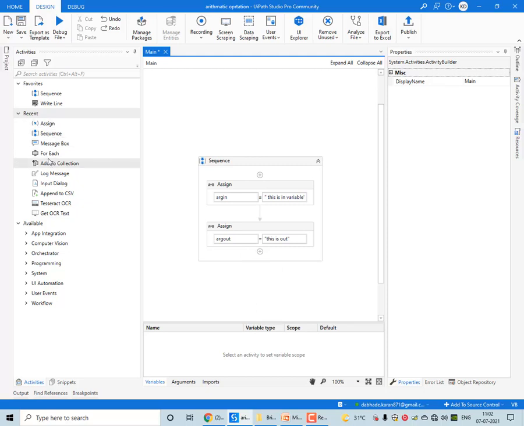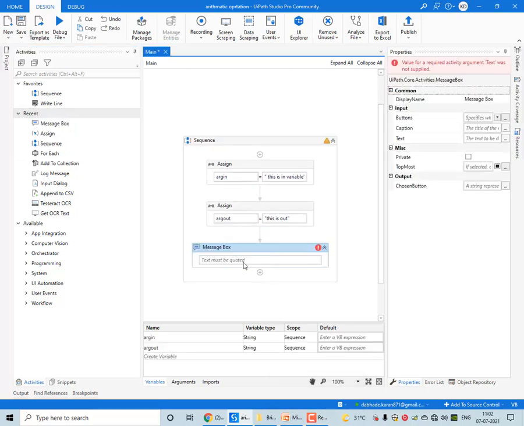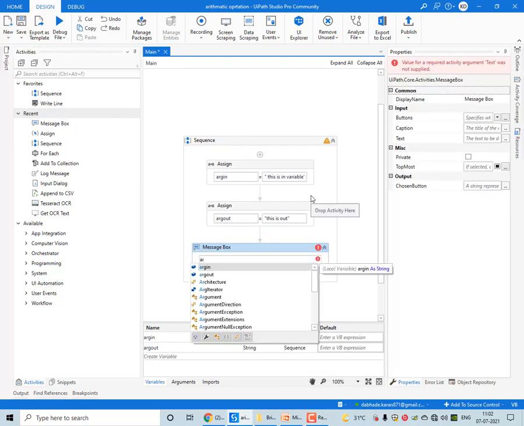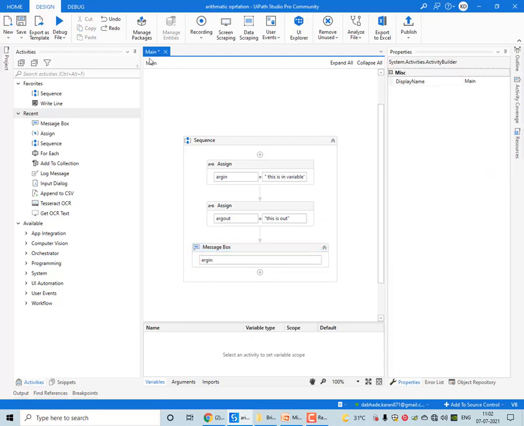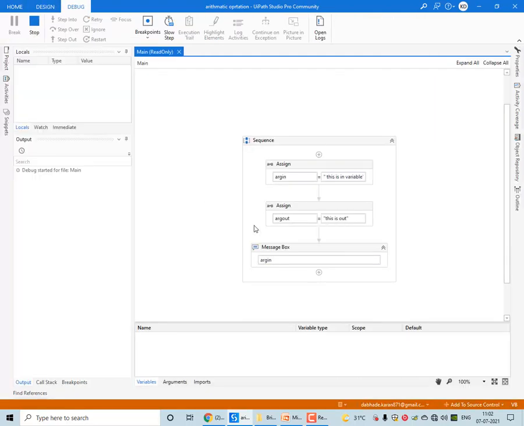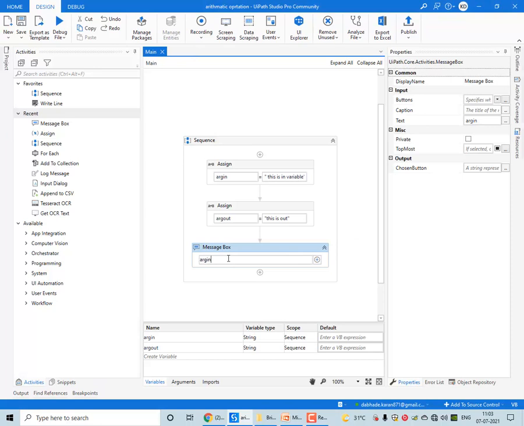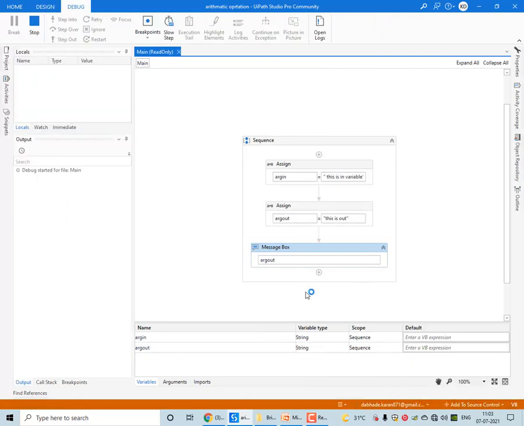Now I will try to display a message box for this. It will display a message like, this is in variable. Similarly for the other, it will display this is out.